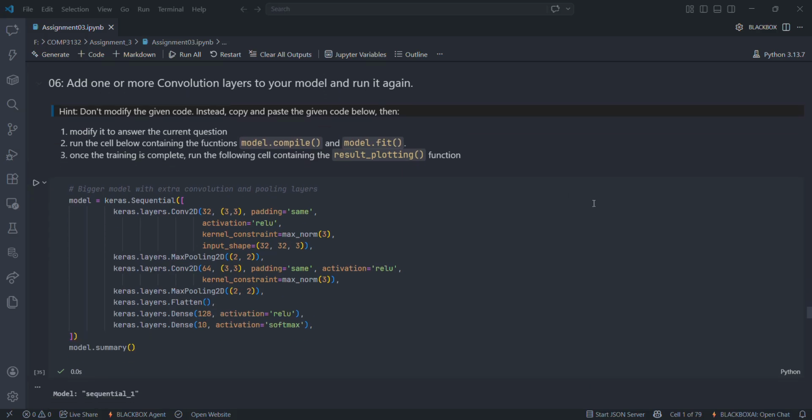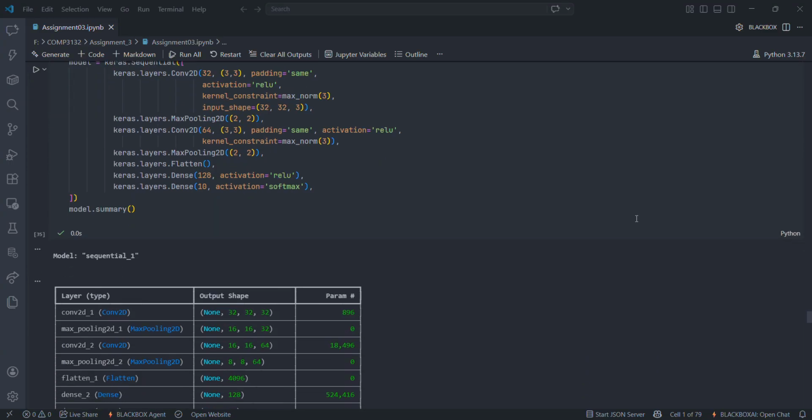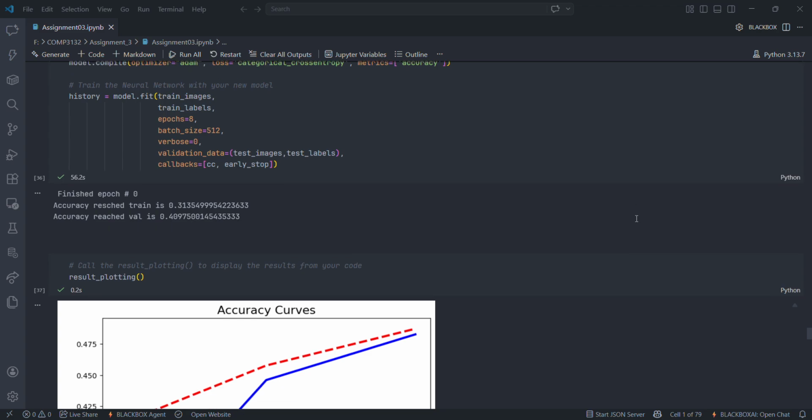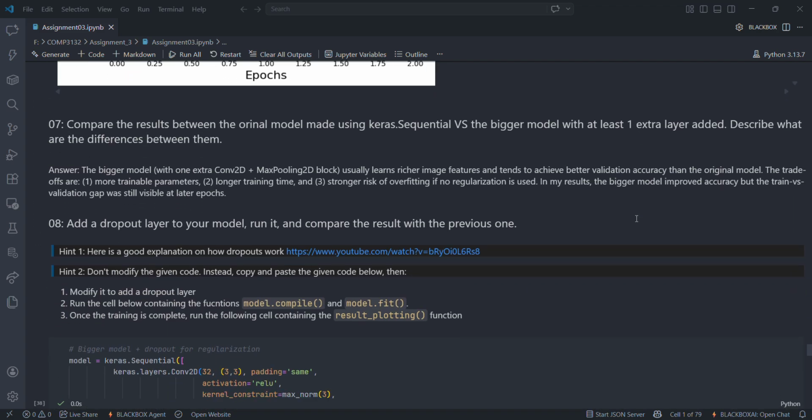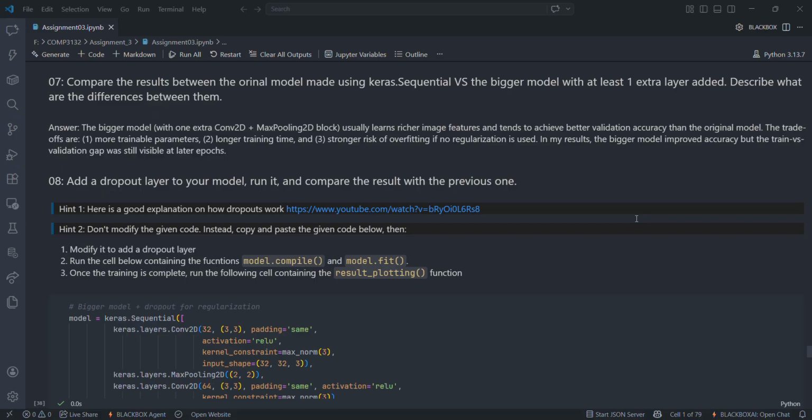For question number 6, I built a deeper model by adding more convolution and pooling capacity, then training it again. Next, let's go to question number 7. Compared with the original model, the deeper model learns richer features and can improve performance, but it may also increase training time and risk overfitting depending on the validation